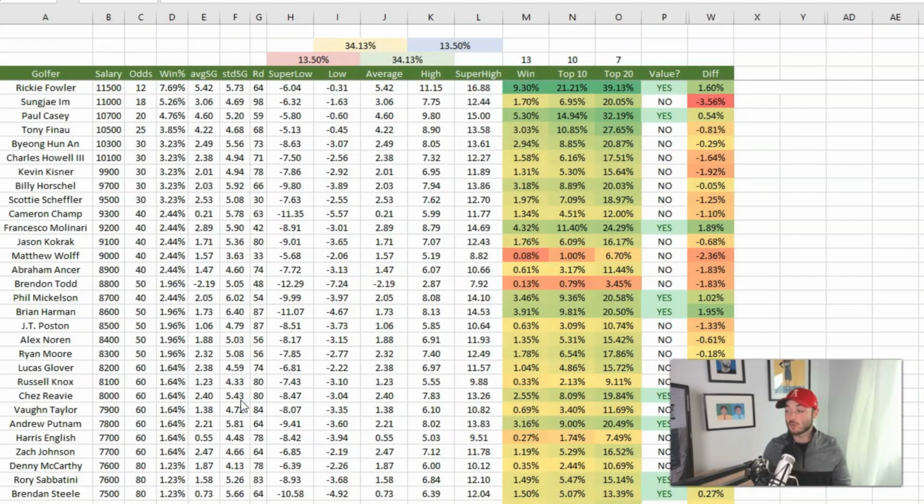Rick from DFS On Demand here with this week's American Express betting preview. What I want to do is show you something that I've been working on that I hope to unveil on the site at some point. I think it can really help with some of our outright bets, maybe some top 10 and maybe some top 20 stuff. So let me just stop talking and show you what I'm looking at here,